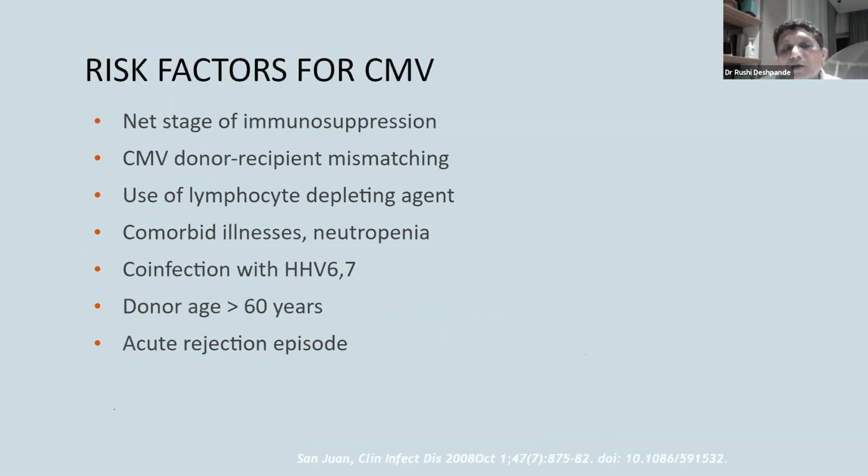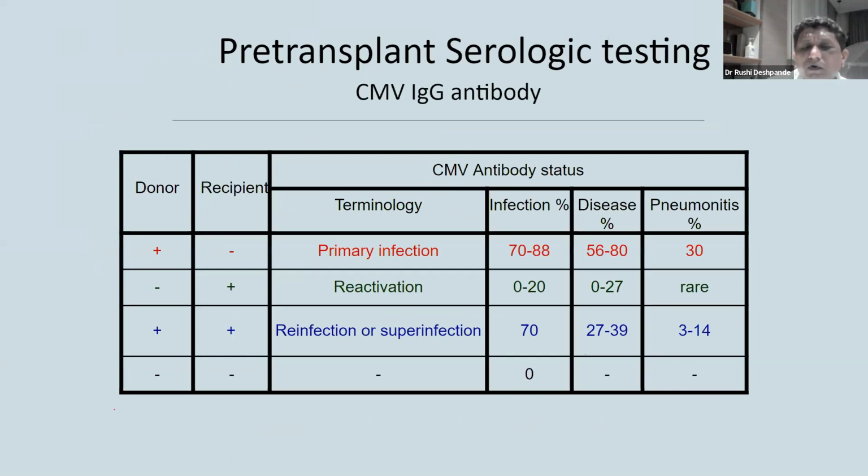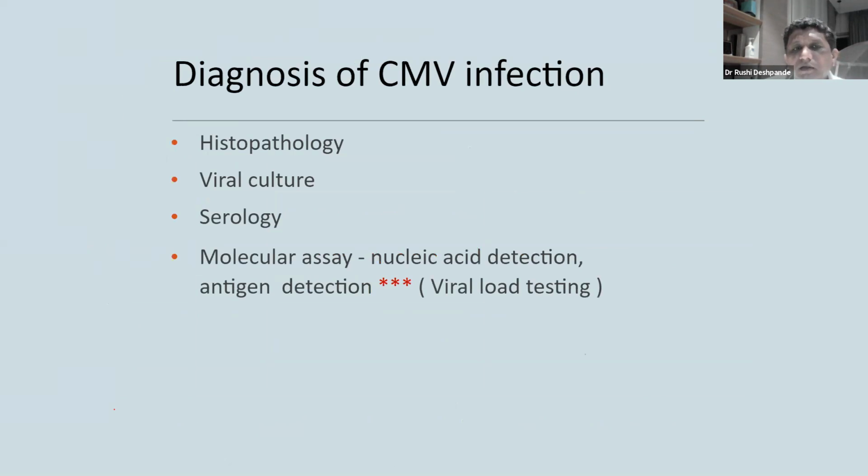Risk factors would be high doses of immunosuppression and mismatching of the donor and recipient. By mismatching, I mean that the donor is already having a CMV exposure and the recipient is CMV naive. The reverse is less common but not impossible, particularly in pediatric transplants. In this situation, using prophylaxis is almost mandatory, with valganciclovir, which is now the standard of care. So this is what I was talking about when I mentioned pre-infection, reactivation, and superinfection.